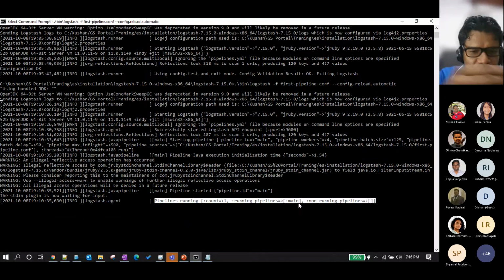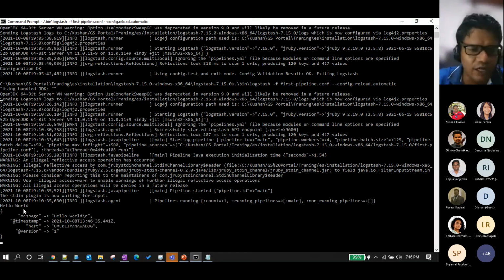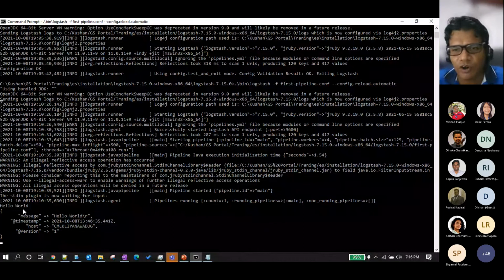Now you can see that with the -e option we did the same thing, but now with the -f option we have put the input into the configuration file and done it the same way. But now I'm going to use a real-world log. This is the log that I have shown you. This is the Apache web server log, which we call an access log. Each request that comes into the Apache server gets logged into the access log.